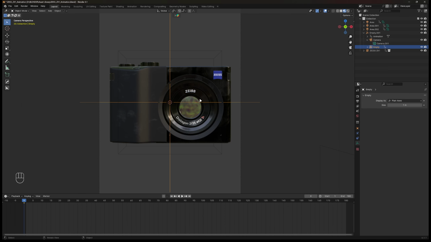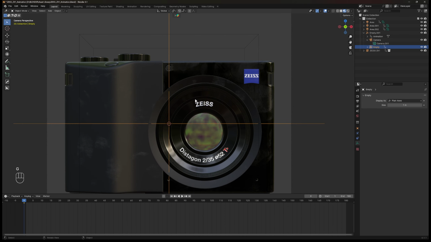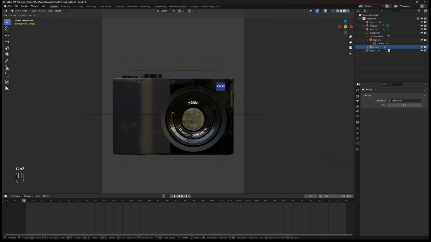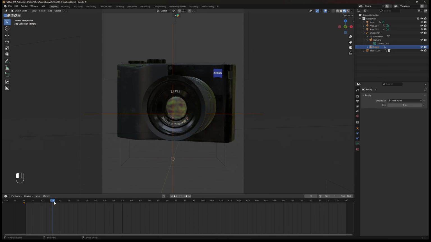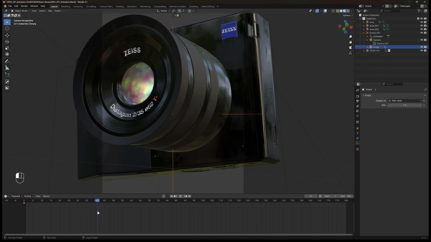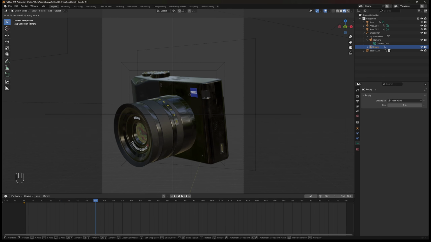Next, we want to animate the focus of the camera. So first, place the frame at 1 and select the empty plane axis, which is our focus object. Move the axis slowly on the y-axis to maintain the focus, then put a keyframe on frame 1. Like before, we're just tracing the animation that we have created.